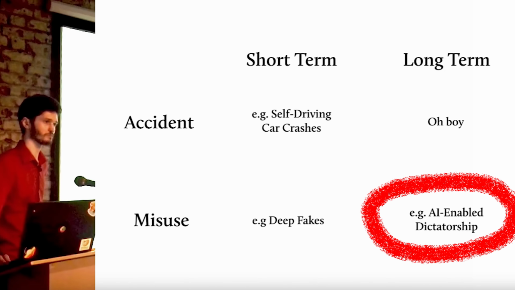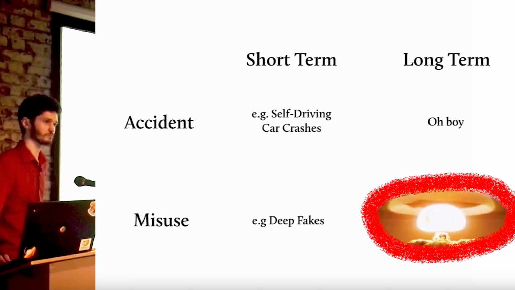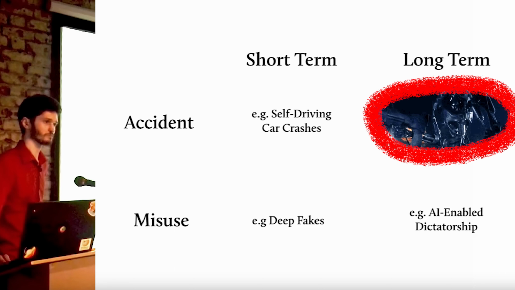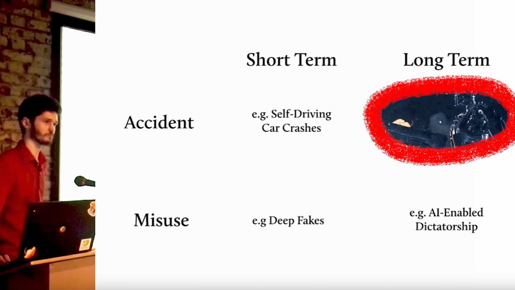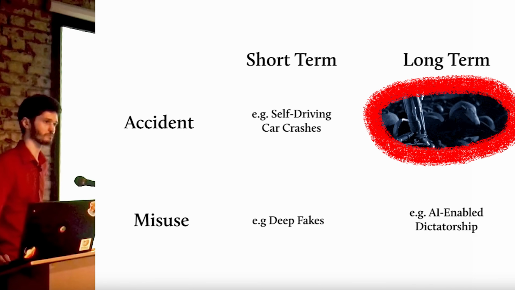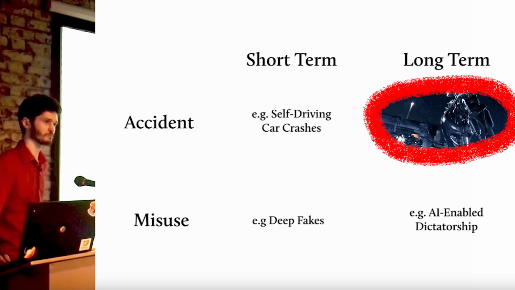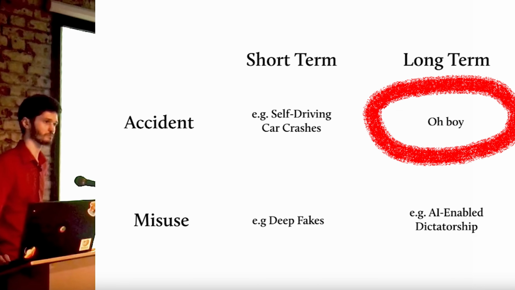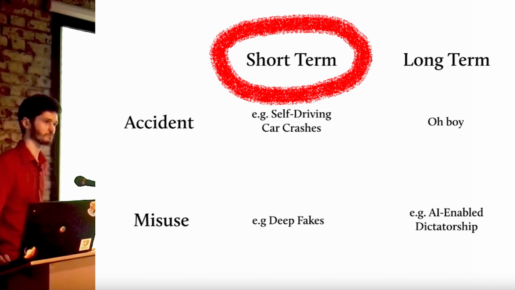Long-term misuse is really similar to really highly advanced weapons, but instead of weapons you have really advanced AI systems. Long-term design problems are more about asking the question, how are we going to create something that's smarter than us, yet we control? And it's a much harder question to answer. That's why today I won't be talking about them, I'll be talking about the opposite side of the spectrum, which basically means short-term misuse. No, but for real, I do have something that I want to talk about today, because